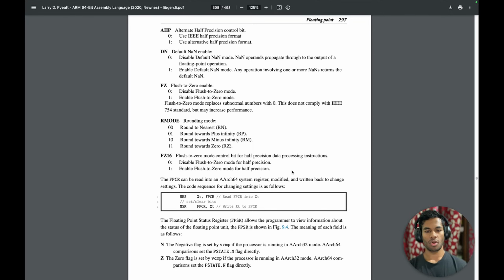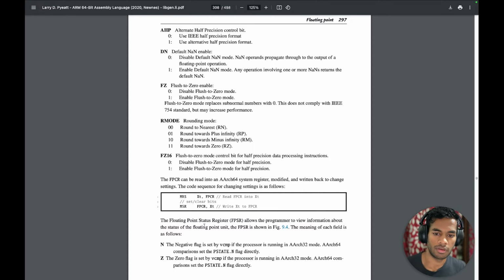The code sequence for changing settings is as follows. MRS to read FPCR into Xt, and set or clear bits. Then MSR to write Xt to FPCR. At this point I clear the bits that I want to, and then I move it back to FPCR. The floating point